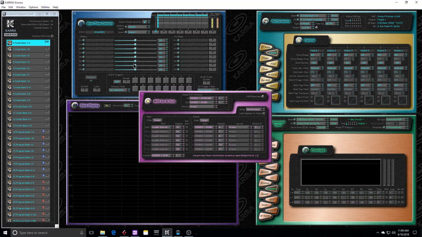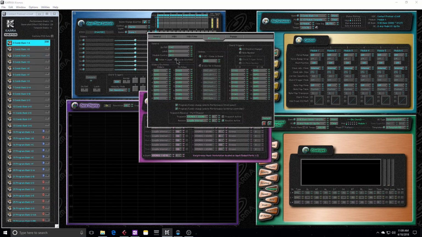So you're actually only sending MIDI data to the software, which is then usually echoed back to the keyboard by keyboard through. So disable keyboard through in this case, because I don't want it sending MIDI data that it's getting to the keyboard. And then in your preferences, make sure that you